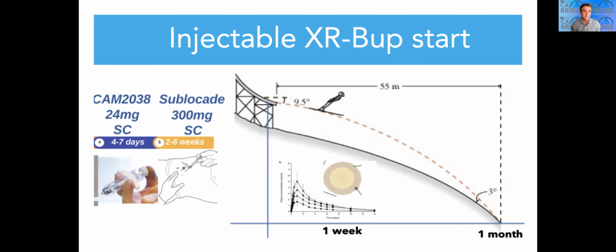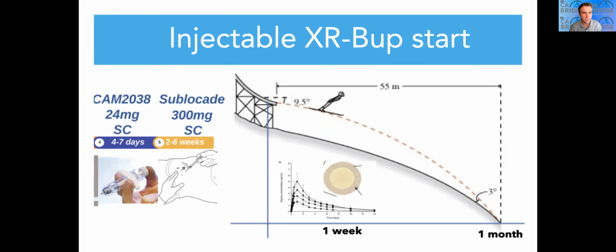So that means that if you have a big dose like Sublocade, which is produced by Indivior, the starting dose is 300 milligrams, it actually comes on really fast. A good case would be someone who's in withdrawal, they feel bad, they have a history of taking buprenorphine, so they don't turn purple or have some hypersensitivity reaction. They use a lot of drugs, a gram of heroin a day, or 500 or 600 of oxy a day, something substantial. That's a perfect person. The FDA guidance is to do a 7-day lead-in of BUP, right?